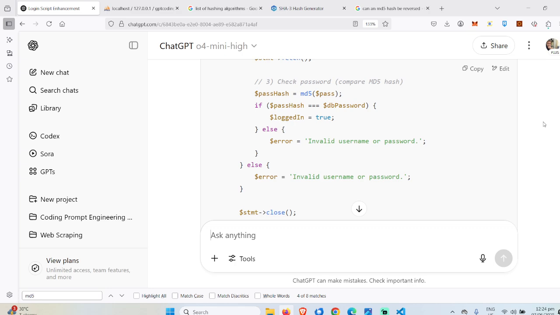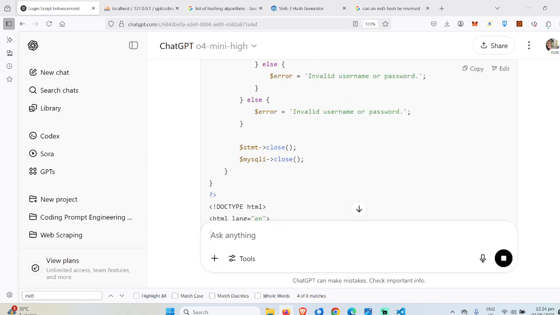So please provide me with a MySQL script to convert my password field data into MD5 values.